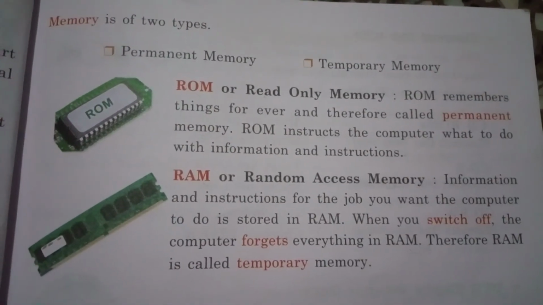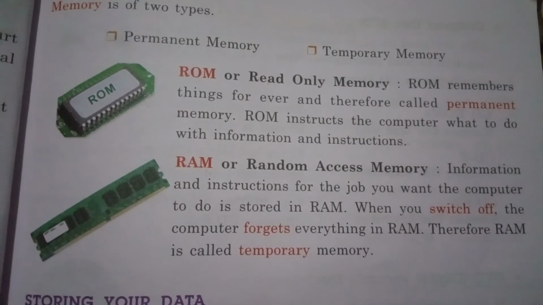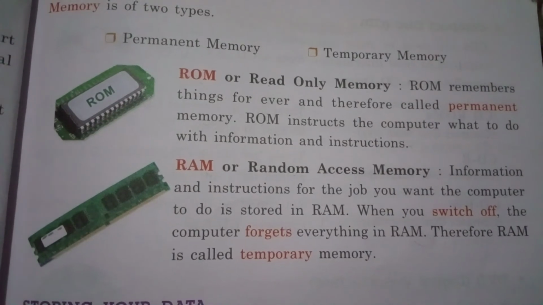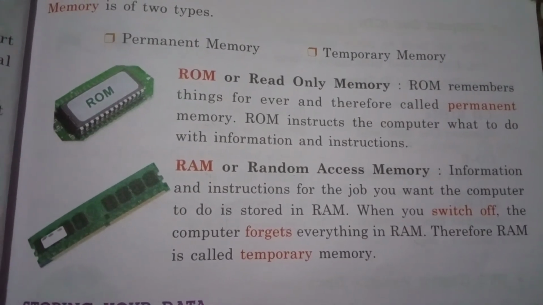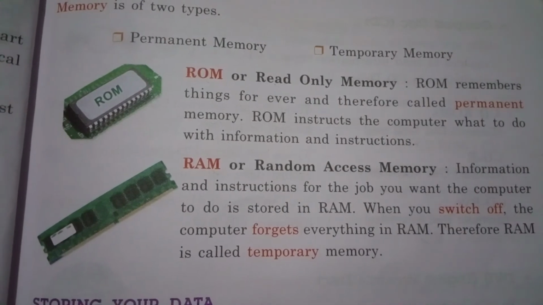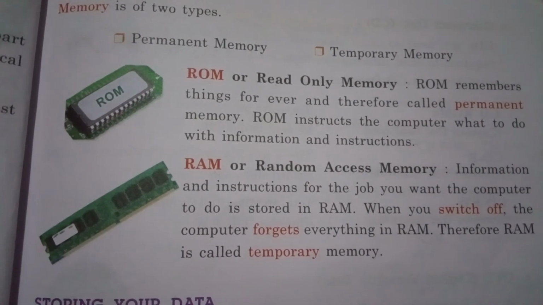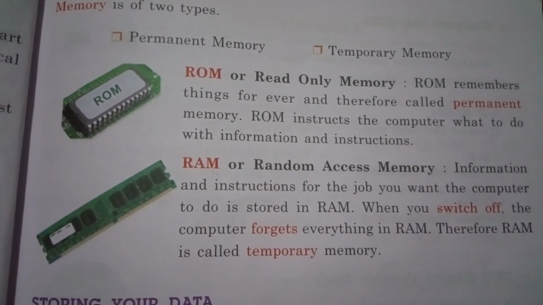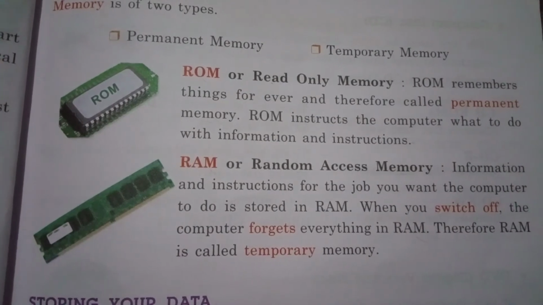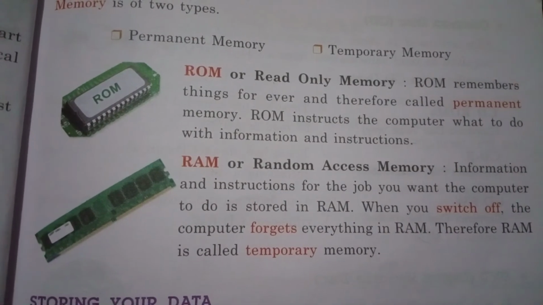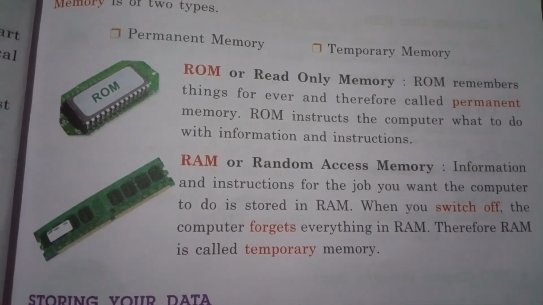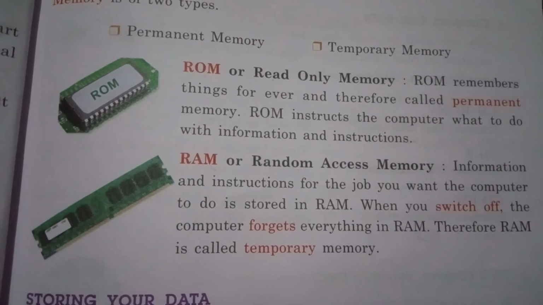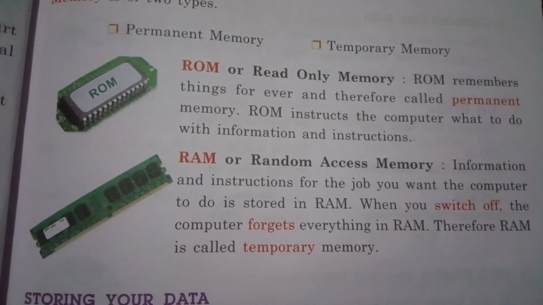Permanent memory and temporary memory. ROM, read-only memory. It is called the computer's permanent memory because the instructions stored in ROM are stored permanently. If your system is switched off, at that time also the instructions are stored in that memory. But RAM is called temporary memory because when our system is switched off, the computer forgets everything. Okay. In ROM,